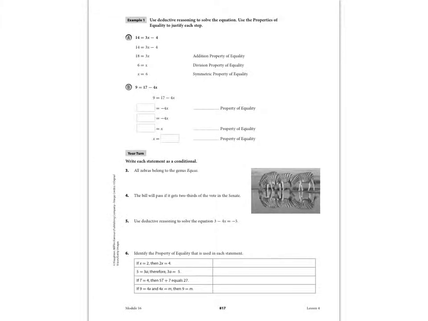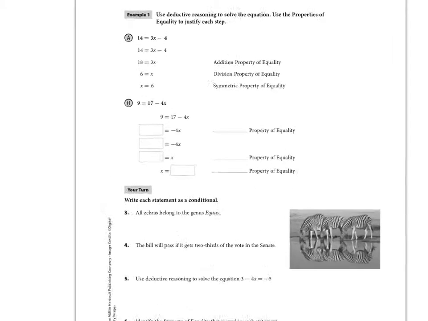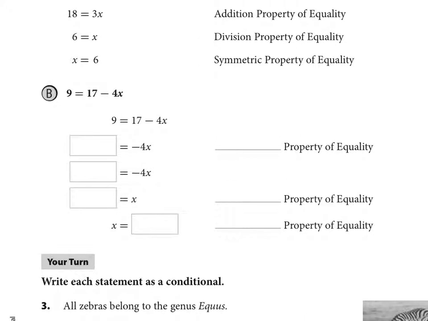So let's take a look at how we would do a proof solving an equation. If you recall some task that I give you where you have to justify or explain, a proof is more or less just explaining every single step in your process. This is going to become tedious, but if you can practice this a lot, it's going to make the transition to doing geometry proofs a lot easier. And so in part B,